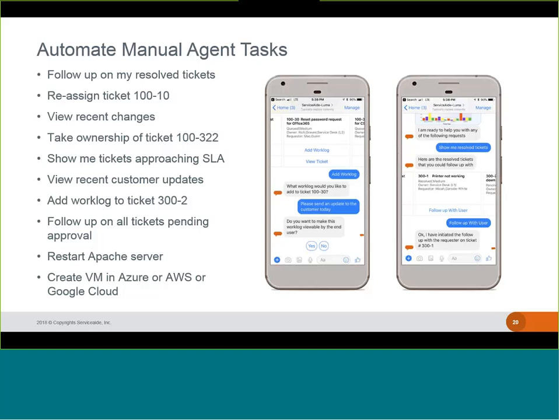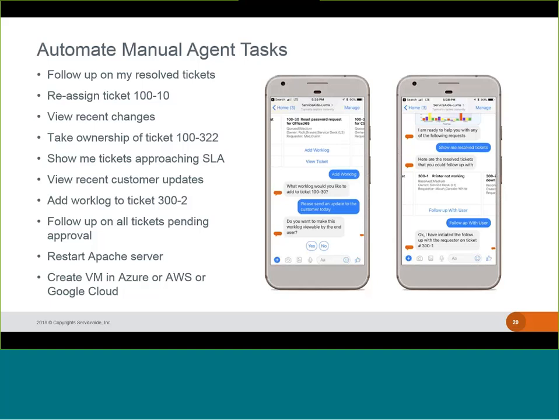And they can trigger automation like, okay, restart an Apache server, and go through the prompts of the data to restart that Apache server. So there's a lot of things you can do that are specific to an analyst or an agent that, of course, a customer is not going to see and an end user is not going to see. But that can make their lives easier, because many of these things, putting in a command is much, much faster than going into the interface, finding the ticket, clicking the assignment tab, and selecting the right user to assign ownership